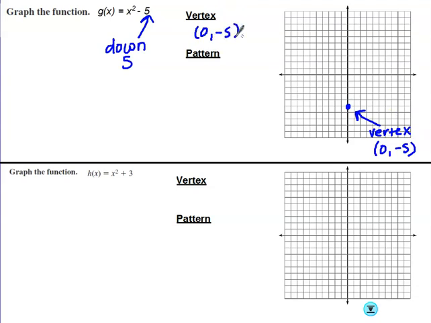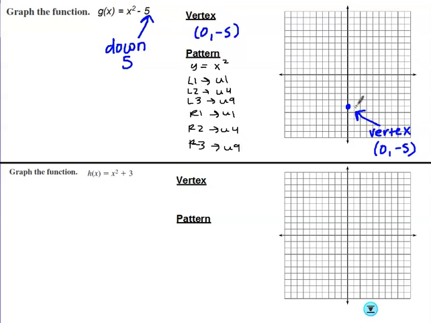And then from there, I create my pattern. Ignoring any adding, subtracting, multiplying, or dividing, this boils down to just y equals x squared. I'm going to go left 1, when I square it, up 1, left 2, up 4, left 3, up 9, right 1, up 1, right 2, up 4, right 3, up 9, and then we follow our pattern from the